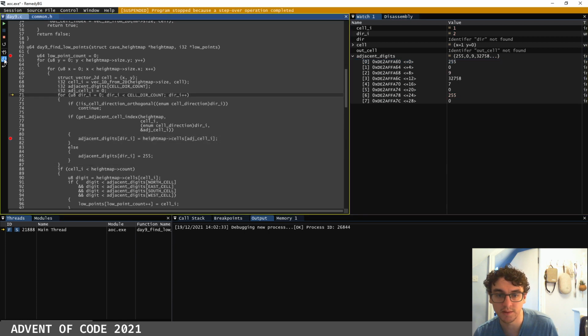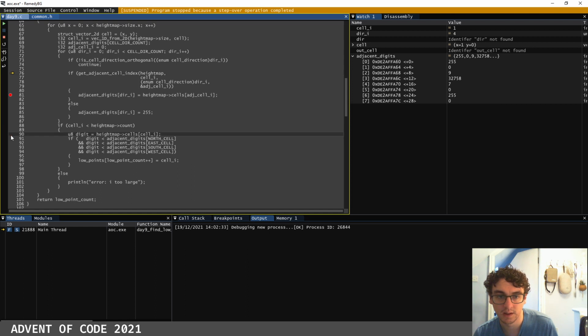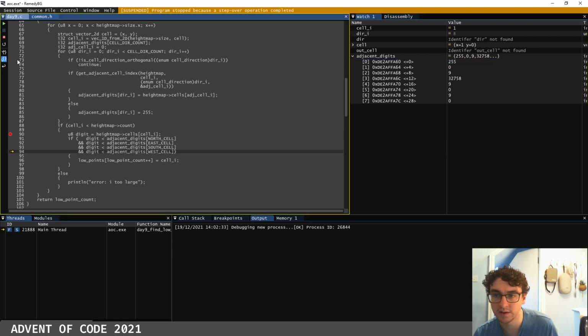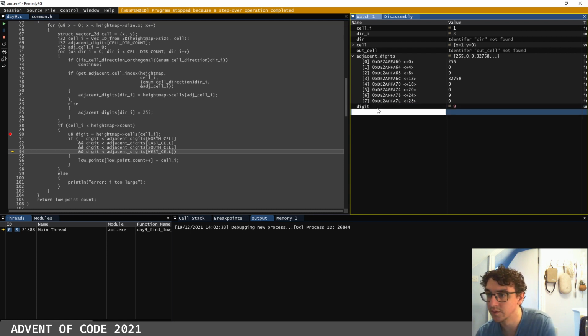Step over, step over, step over. Then we should eventually get to here. As you can see, our digit, which is equal to 9, but obviously there's still